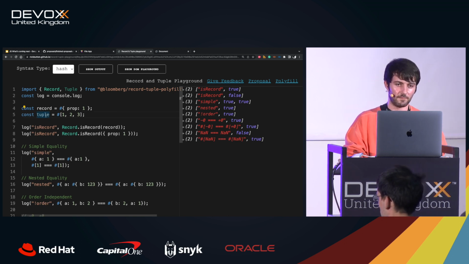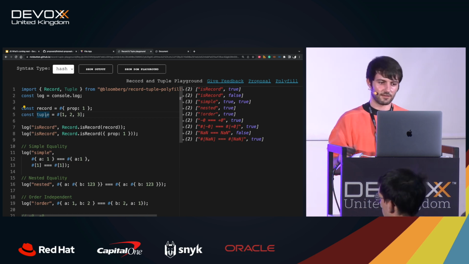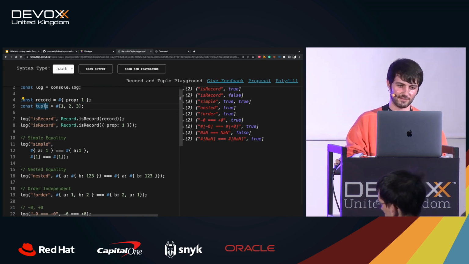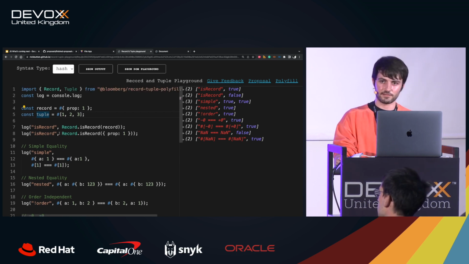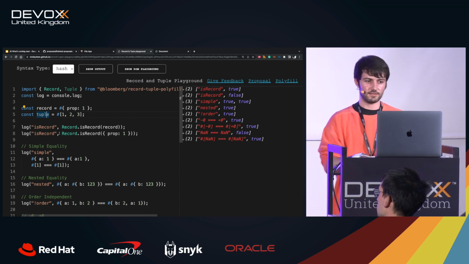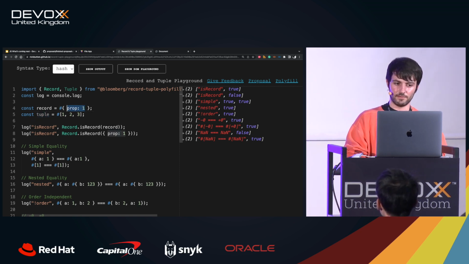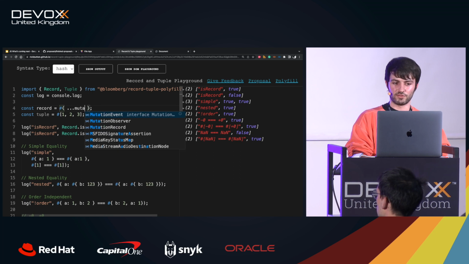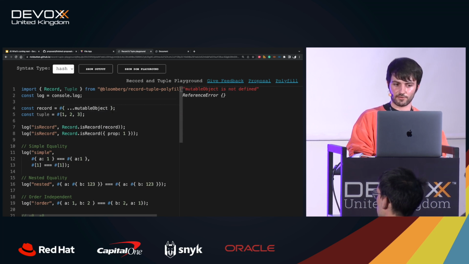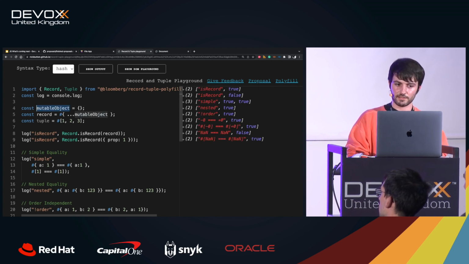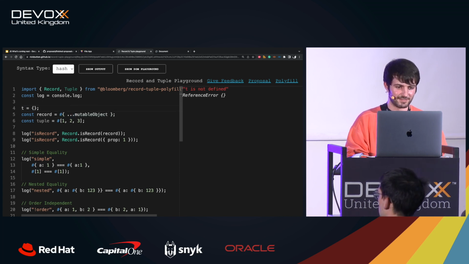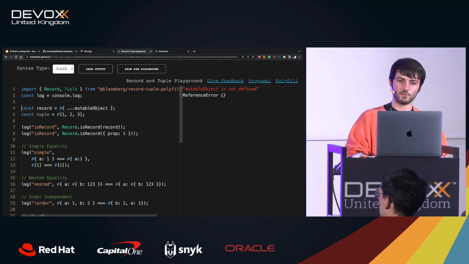Except for the ones that are basically mutating the value. In that case, of course, they are not available. And the good thing is that it's not only immutability. In fact, you can create immutables. Let's say that you have any mutable object, like this. You can create an immutable instance of that object by just using the spread operator, and this works perfectly.